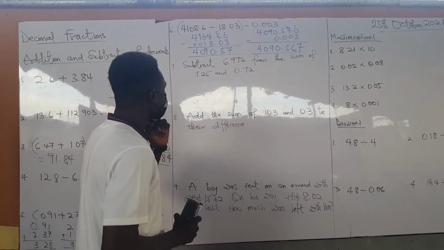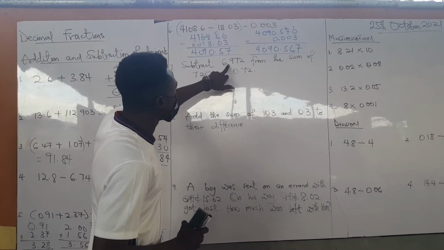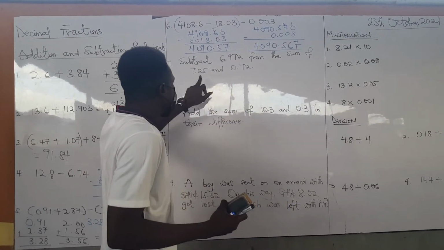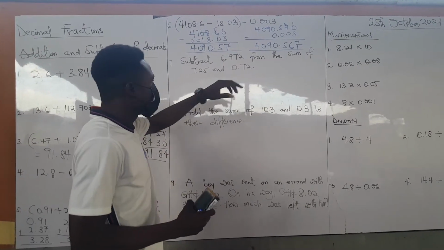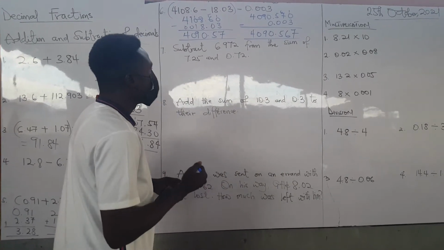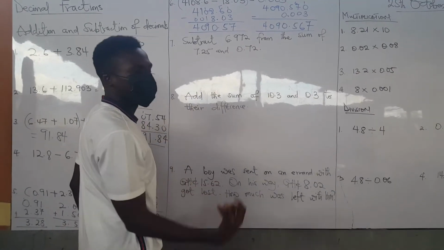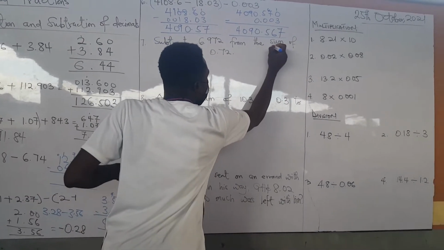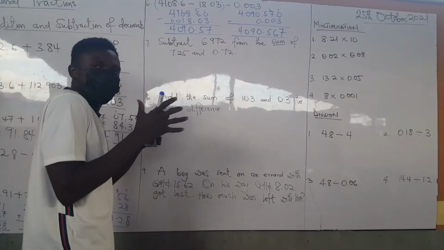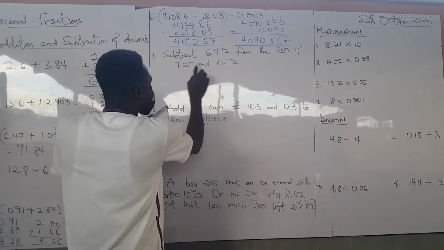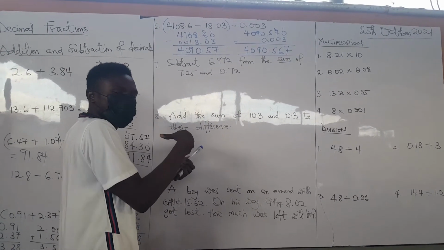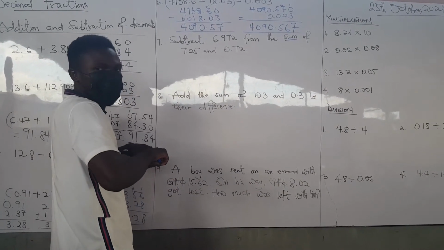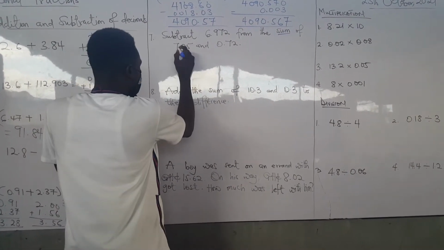So we have here, subtract 6.972 from the sum of this and this. So when you listen to the question carefully, we have to subtract this one from the sum. And when we say sum, sum means put them together. So we are going to add this and this. Our final answer that we are going to get, we'll just subtract this one from it. So let's perform the addition. We have been taught addition and subtraction. So adding this and this will be